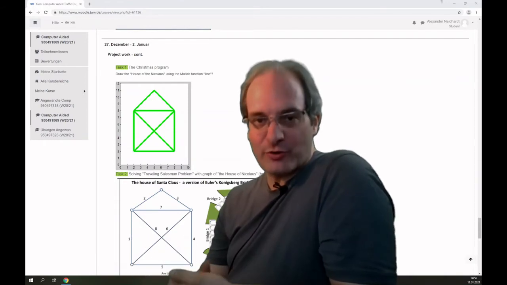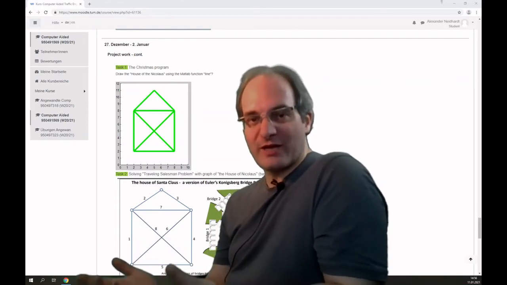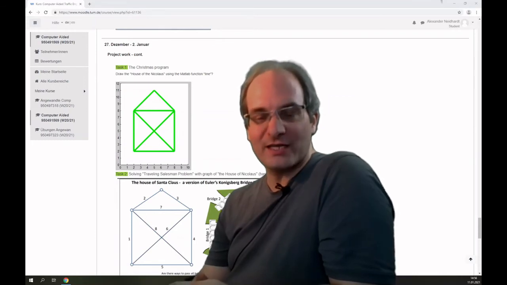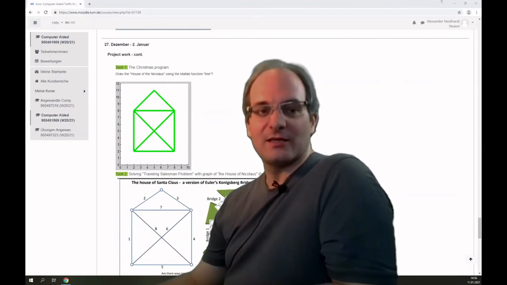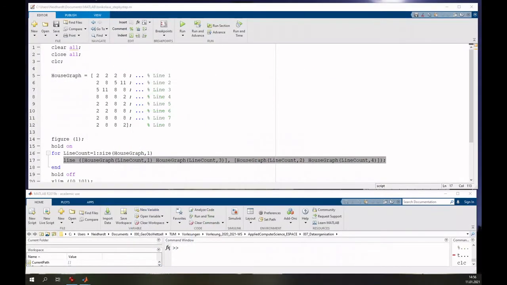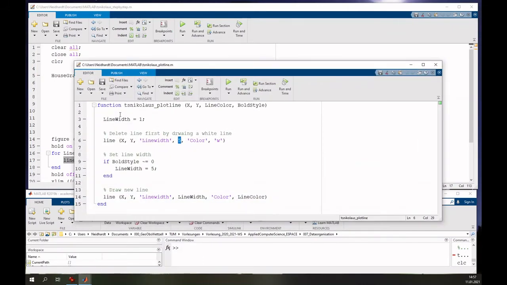So I extend the existing program which we created, and I will have to write an additional function which can be called recursively. So let's directly jump to the Matlab solution. Before I continue here, I want to replace this line function with a known line function, which helps me to simplify the output, so that I have a different bold style or line width and a different color of the line. You can of course use the properties with these property pairs, but I created my own function